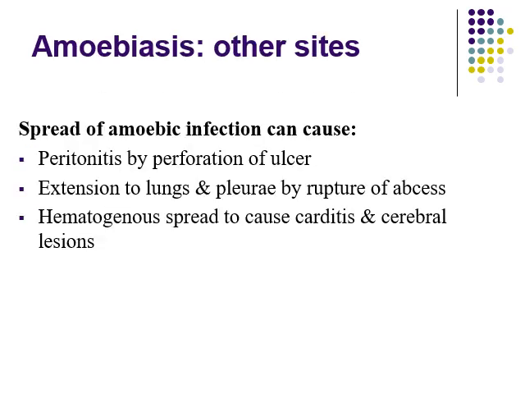Sometimes the ulcer caused by amoebic colitis deepens and perforates, leading to peritonitis. So this can be one of the complications of amoebic colitis. Sometimes this infection from the GIT can extend to the lungs and pleural membranes. Especially if the amoebic liver abscess ruptures, there can be hematogenous spread to other organs like the heart and the brain.